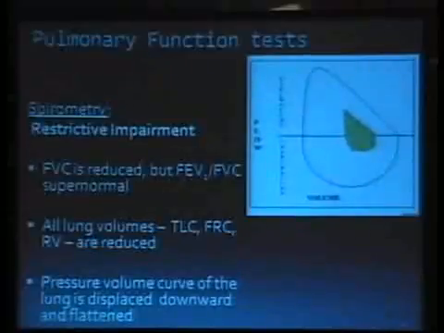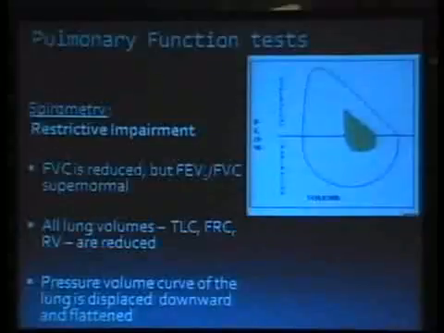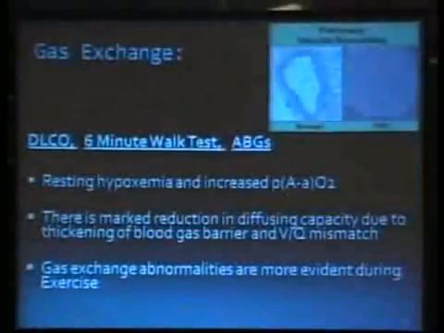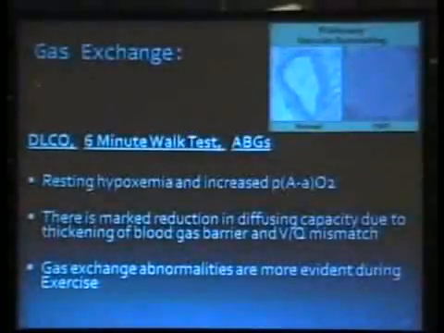The flow volume loop in a person with an interstitial lung disease is always smaller, but of a normal shape, and this is suggestive of a restrictive impairment, where the forced vital capacity is reduced, the ratios are normal, but all the lung volumes are reduced, and the pressure-volume relationships of the lung are displaced to the right. The second pulmonary function test that is useful is a measurement of gas